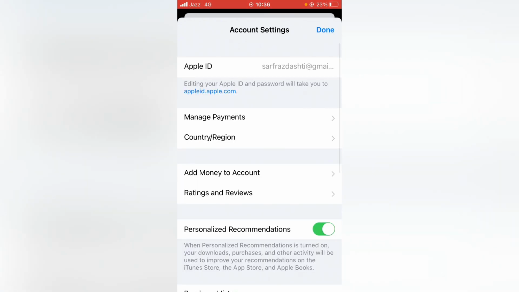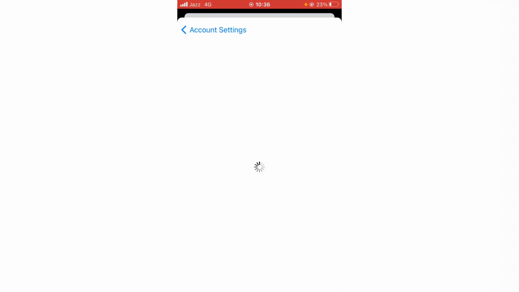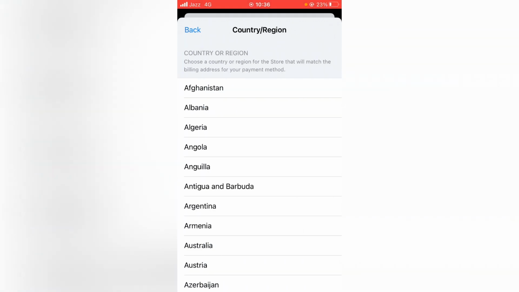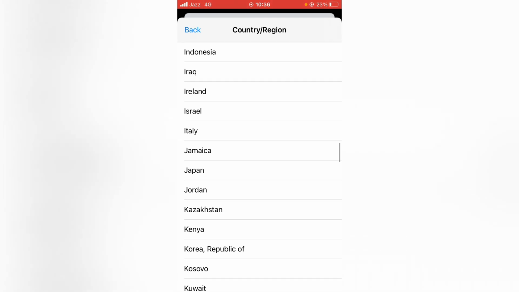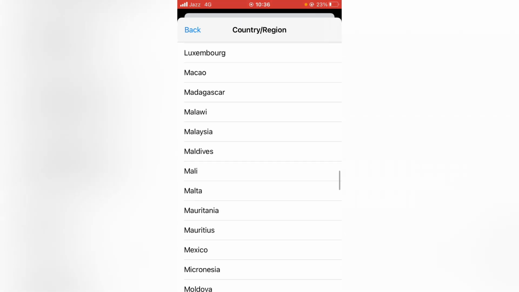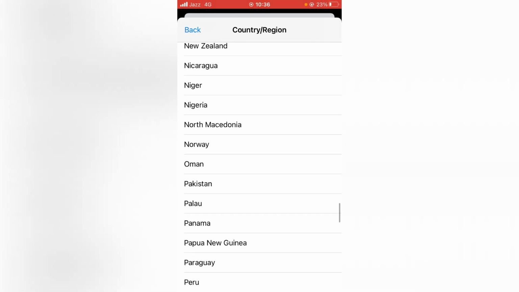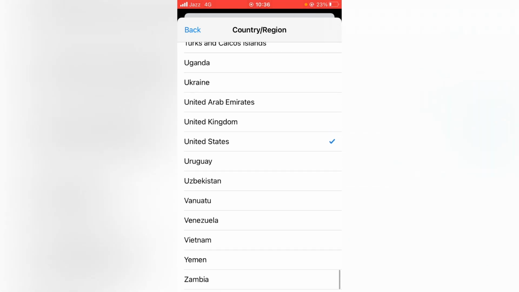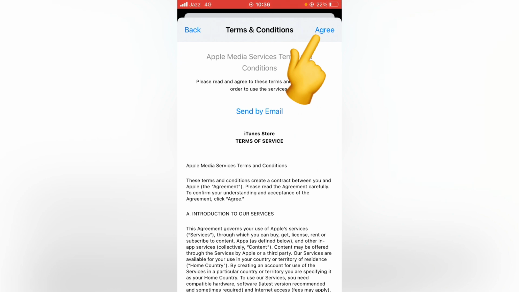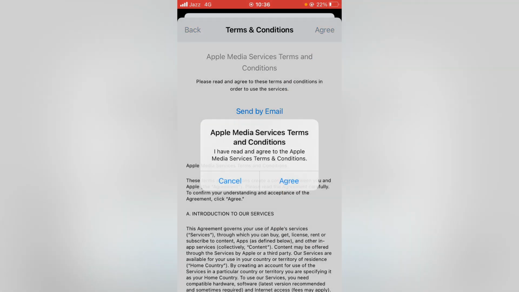and tap here on Country or Region, and tap on Change Country or Region. From here select the country which belongs to your credit card. So I'm selecting United States here, and now tap on Agree, and again tap on Agree,